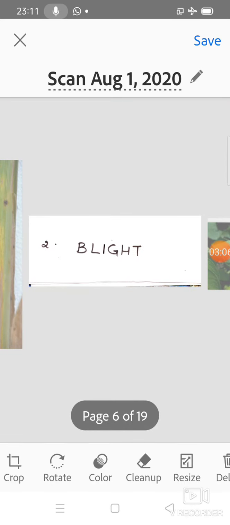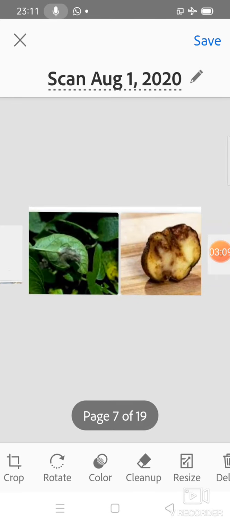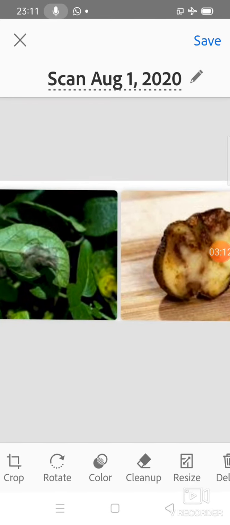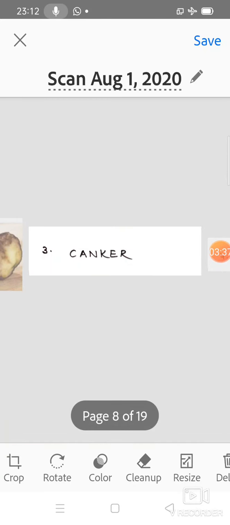The second symptom is blight. This is the diagram of blight. This gives a burnt appearance. There is a sudden death of plant parts such as leaves, flowers, stamens, twigs, fruits or the entire plant. The dead part usually turns brown or black and soon disintegrates. Example, early and late blight of potato. Third is canker, a localized necrotic lesion on woody tissue, often sunken.